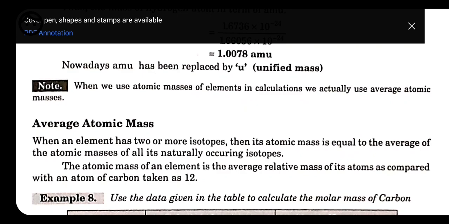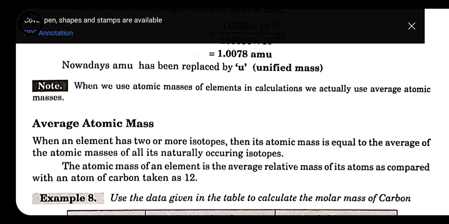Like, the mass of protium is 1, the mass of deuterium is 2 and the mass of tritium is 3, whereas the atomic number of all 3 is 1 only. Okay. So to get the exact mass, because they are all forms of hydrogen only, how do we give any one mass? Because all three masses we cannot accept. We need to have one average atomic mass.